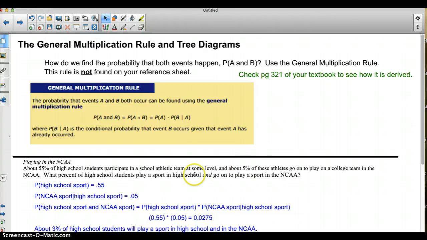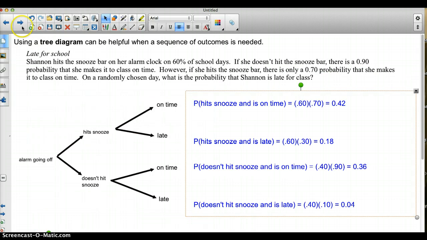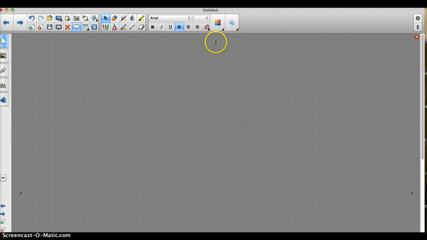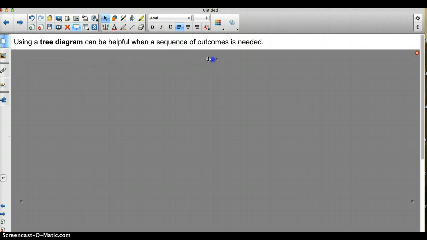So simple little multiplication steps that you can do. Your book also has some other examples of how to do this part. The other method you can take is using a tree diagram. So a tree diagram basically is really only useful when you're starting to have to think of a sequence of